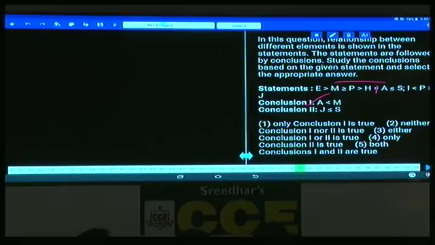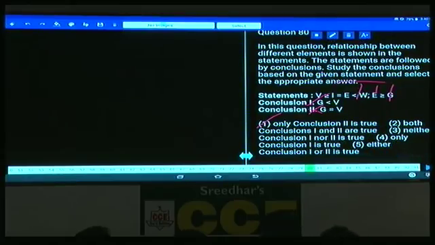Then coming to the second one, J lesser than or equals to S. As J is lesser than or equals to S, where is J? J is here. And which element is common between these two? P is common. Now P to S, what is the relation here? No relation between these two, greater than and lesser than. Two opposite symbols, no relation, hence only conclusion 1 is true. It is given in choice 1. Question number 79, choice 1, 80.